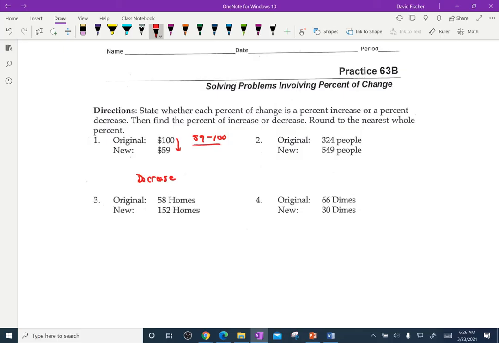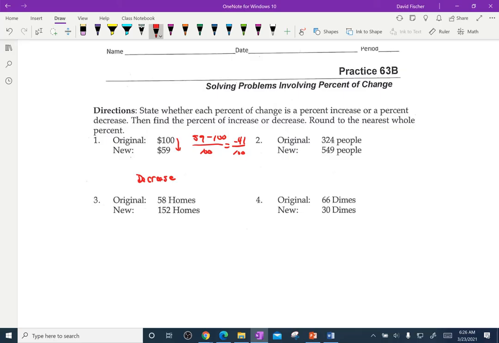And 59 take away 100 divided by 100. Divide it always by the original. So 59 minus 100, I'm getting a negative 41. If I divide that by 100, which was the original, I get negative 0.41,